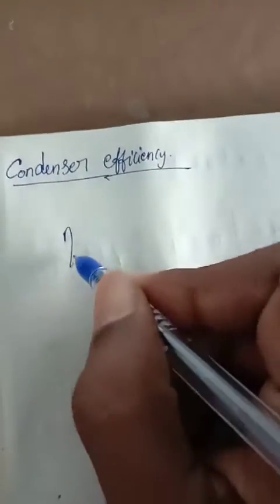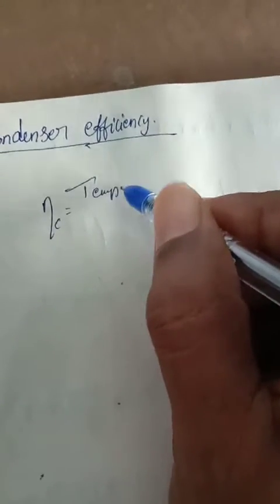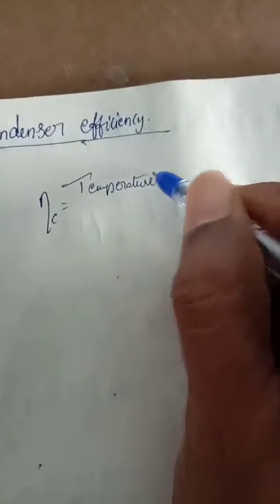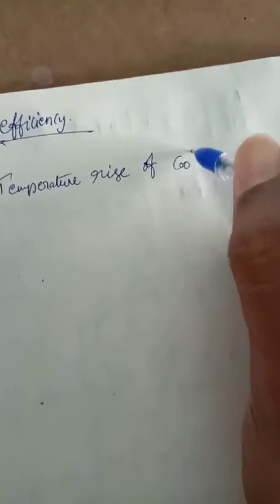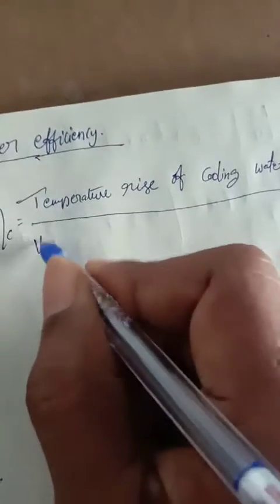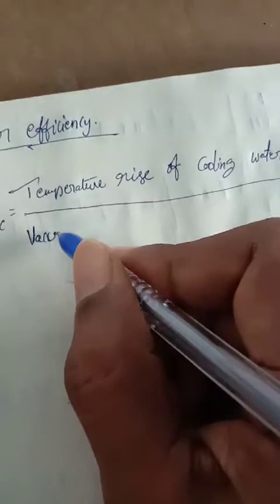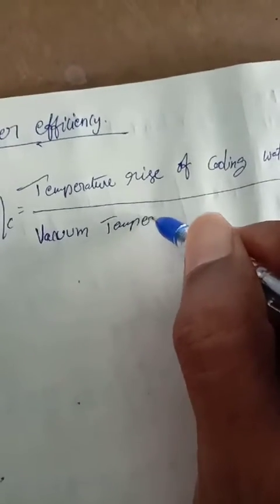Mathematically, consider efficiency is equal to temperature rise of cooling water divided by vacuum temperature